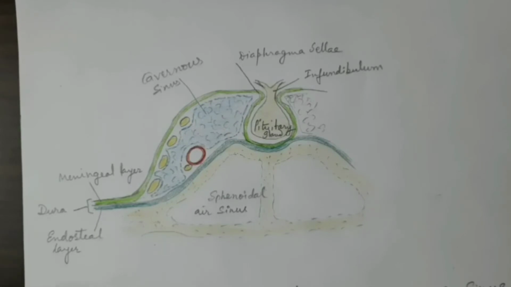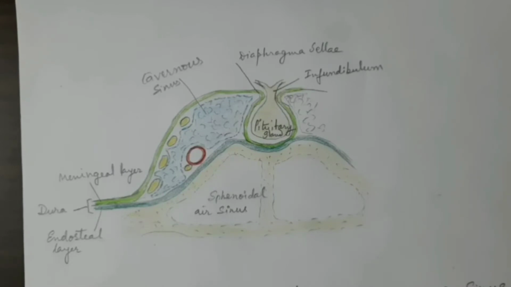So we will first see the different veins or tributaries which bring the blood to the cavernous sinus. Most of them will be located on the anterior end, on the lateral wall, on the medial wall, and on the superior or roof side. Then we will learn how this venous blood drains out of the cavernous sinus. Naturally, it will drain out from its posterior end.